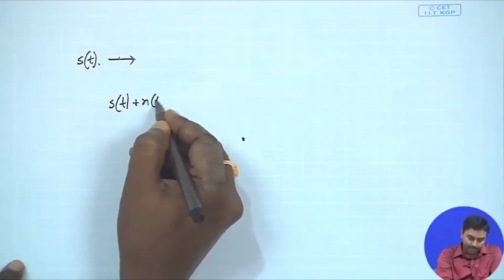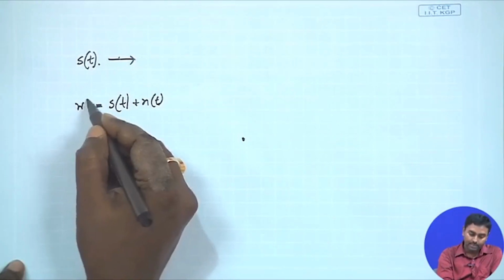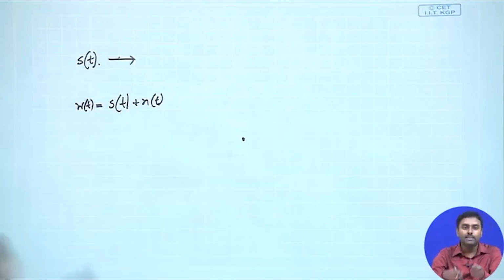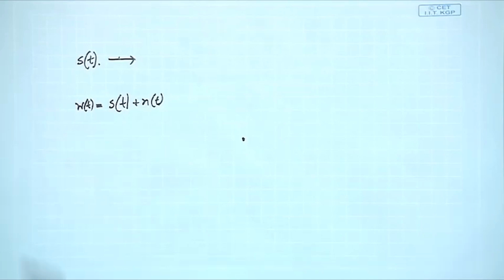Okay. So, we modulate, we launch ST, and then at the receiver we receive it along with noise. So, this ST plus NT will be my input at the receiver, then the receiver will do all its processing. If it is an error detector, it will do that. If there is a band pass filter, it will do that. If there is a low pass filter, if there is a mixer, all those things will be done equally with the signal as well as noise. So, that is something which we will have to carry through the entire experimentation.